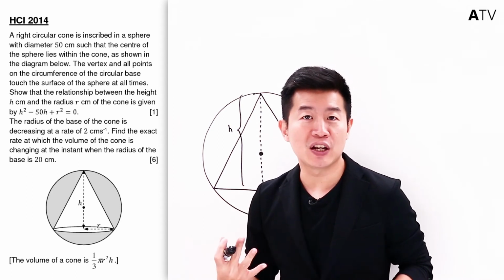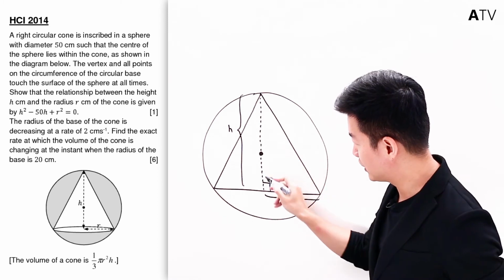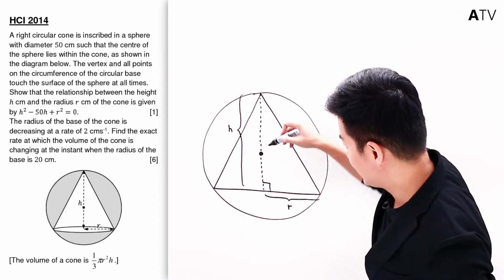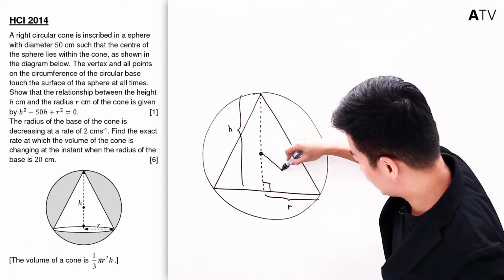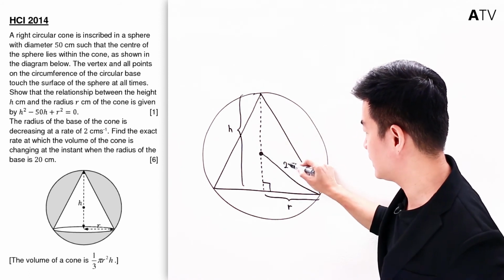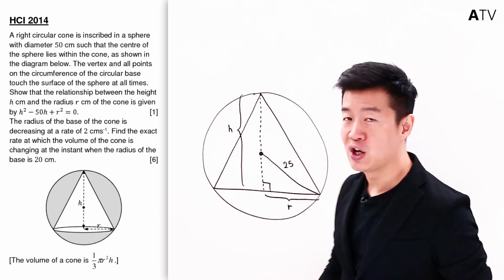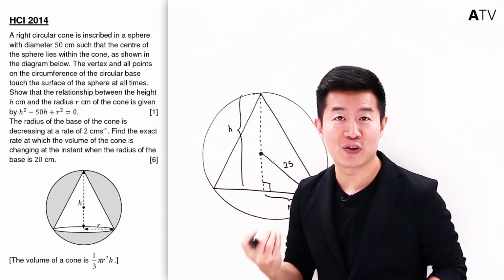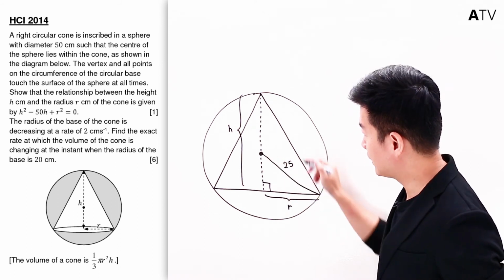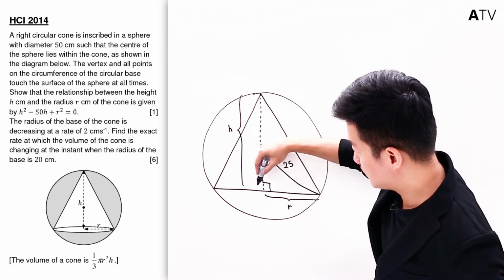And to form this relationship between h and r, I'm going to make use of this right-angled triangle over here. This is geometry. We are yet to do some rate of change. So according to geometry, if I were to connect this to this, first of all, this is the radius of the sphere. So this distance here is 25. And because I have a right-angled triangle, it allows us to bring in the idea of Pythagoras' theorem. This length is r, the hypotenuse is 25. And since here to here is 25, here to here is h, which means that this distance